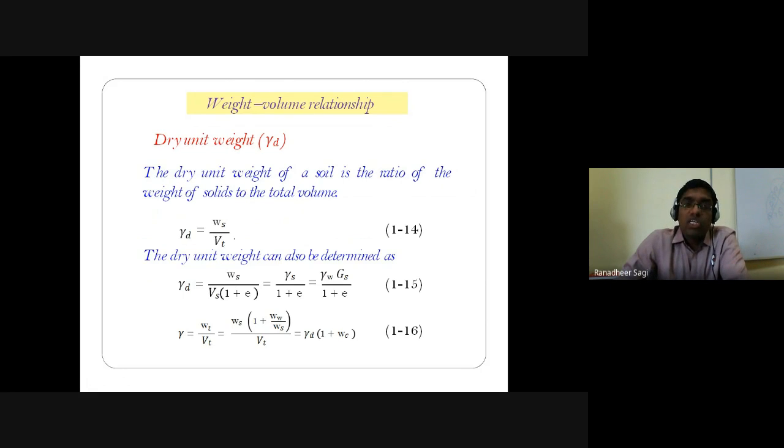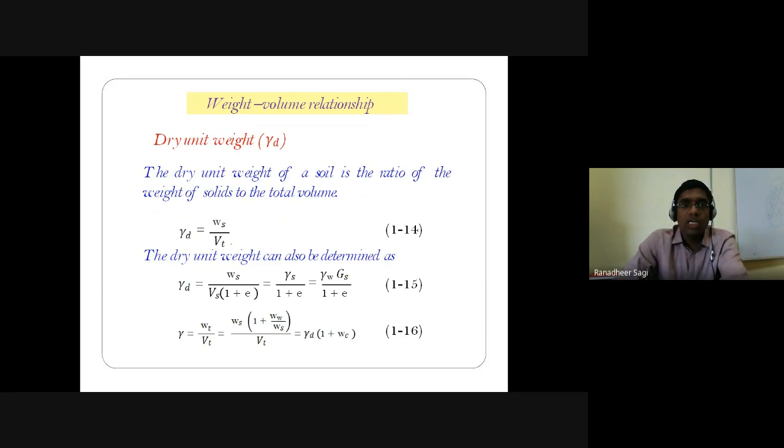Now, let's say I want to find out what the dry unit weight is, if at all that soil becomes dry, what is going to be the unit weight of that particular soil? Or if at all the soil becomes saturated, what is going to be the unit weight of that soil? So in that way, how do we go on to understand how to determine the dry unit weight of the soil? In case that particular soil is in a dry state, what is its unit weight going to be? In case the soil is partially saturated, what is its unit weight going to be? In case that particular soil is a saturated soil, what is its unit weight